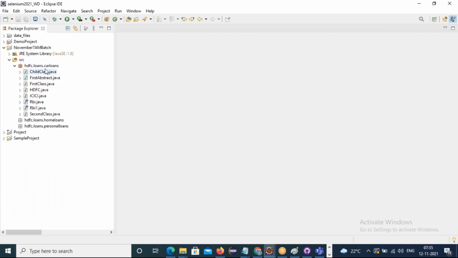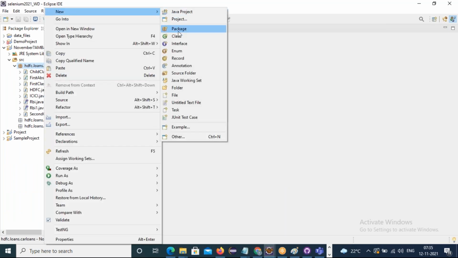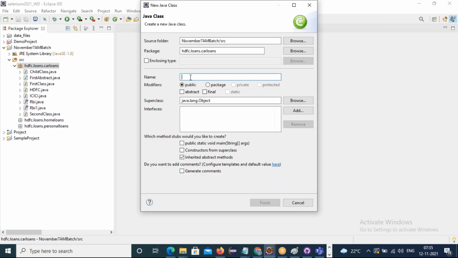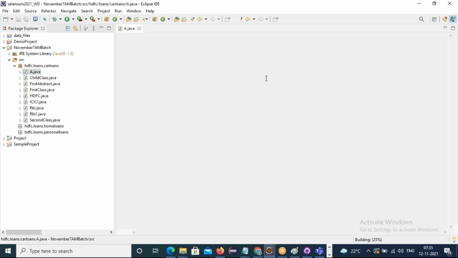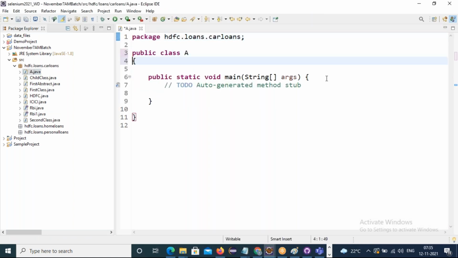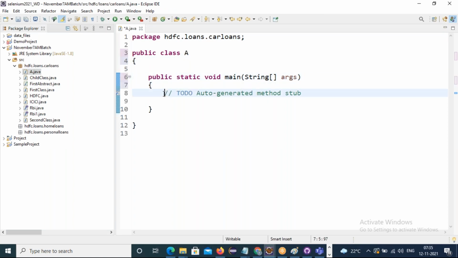If I create one class A, in this A class I define one method. First of all, let me define some classes to show the accessibility scopes.